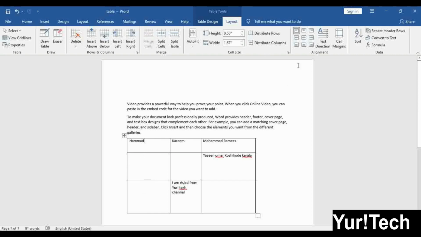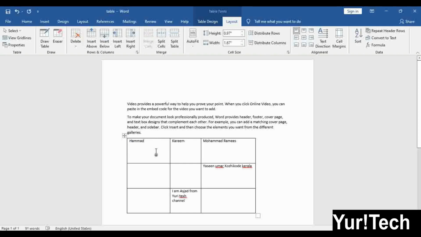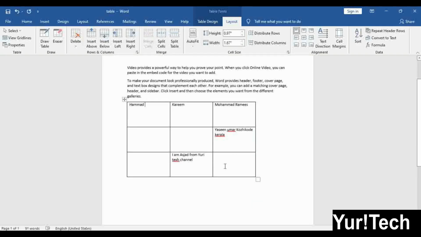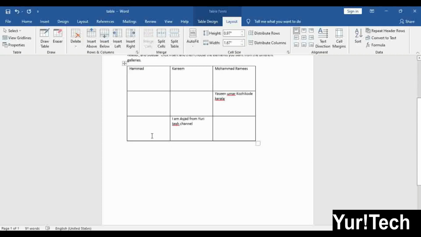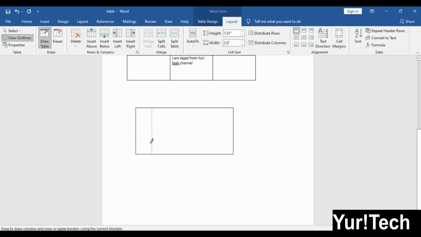For example, I put the cursor here, then click one time here. Now this has become equal. If you want to apply it to the entire table, click here one time, and it will be equal. Then distribute columns, click one time anywhere, and our columns become equal. Actually we use this when we drag a table, so at that time we understand it well.